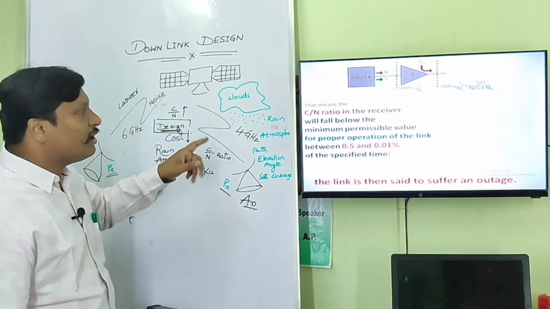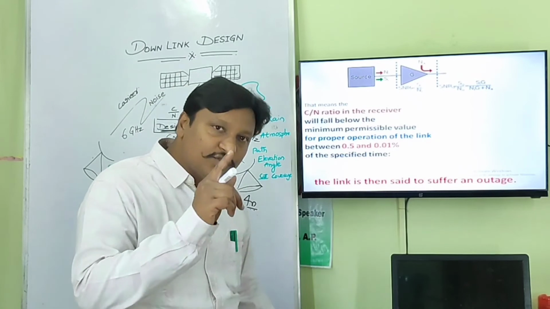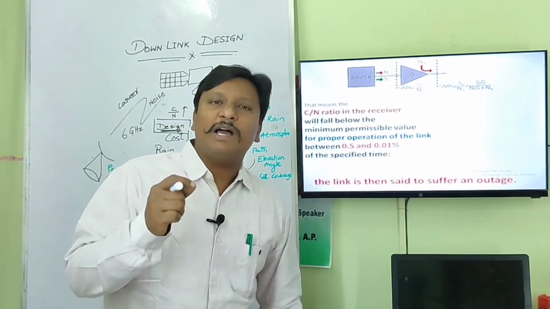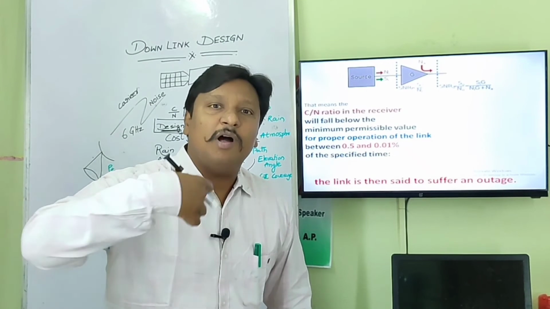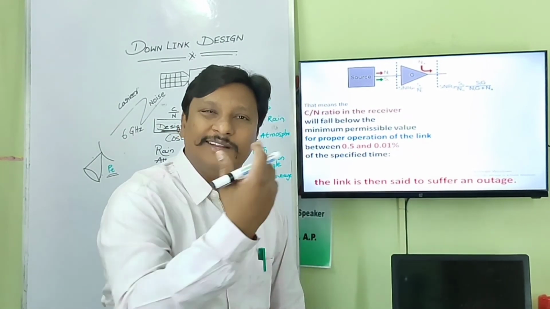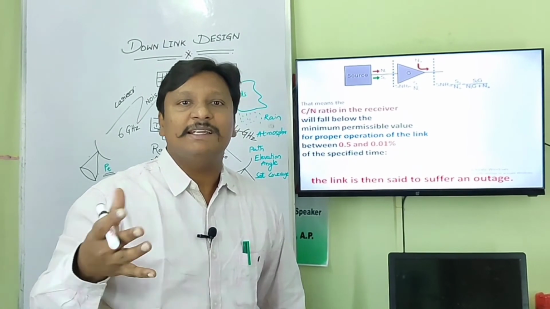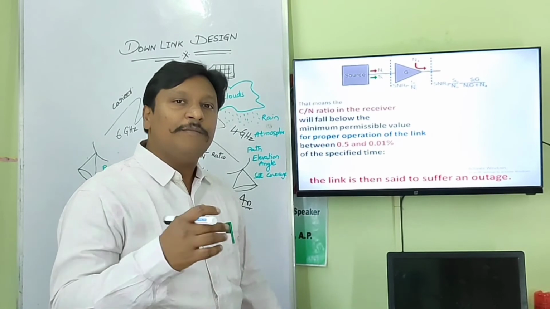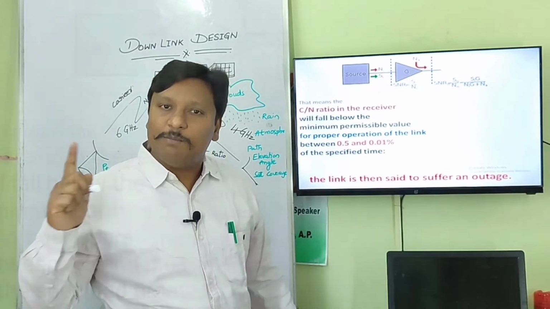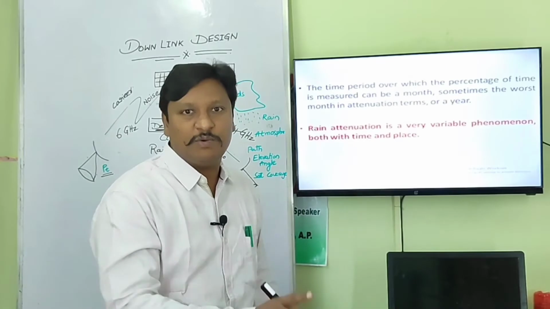Therefore, the carrier to noise ratio is a very important parameter that has to be calculated. If the carrier to noise ratio value is very small, such that the signal does not reach the receiver, then we simply say the satellite is in outage, the link is in outage. That means no transmission has taken place from transmitter to receiver if at the receiver the signal to carrier noise ratio is weak, that means very low.